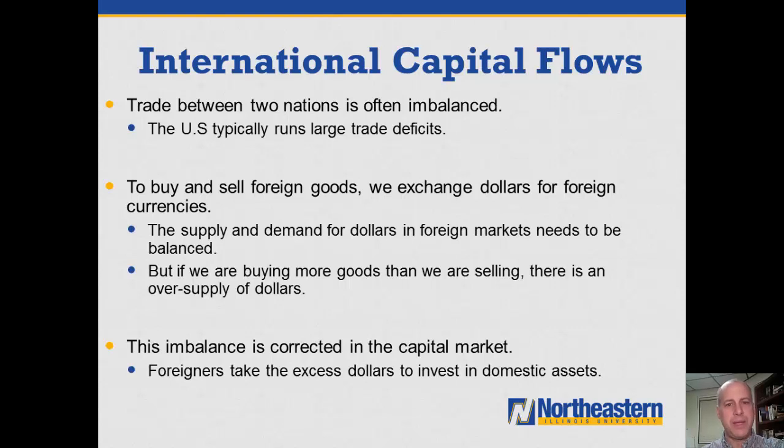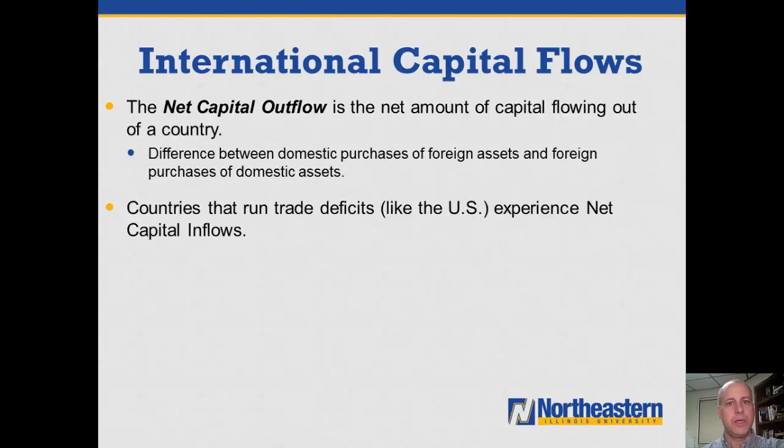And the supply and demand for dollars in foreign markets needs to be balanced. There needs to be the same amount of dollars flowing in as flowing out. So the supply of dollars has to match the demand for dollars. But if we're buying more goods than we're selling, then we have an oversupply of dollars on the world market. We want to take more of the currency that we earn in dollars and use that to buy foreign goods than people are using to buy our goods back from us. Now, this imbalance is corrected in the capital market, and we'll talk a little bit more about this in future